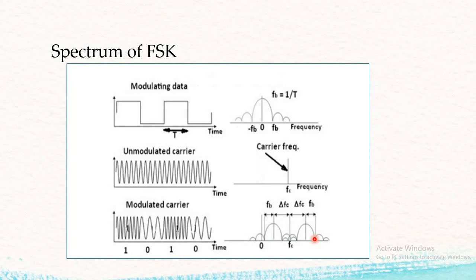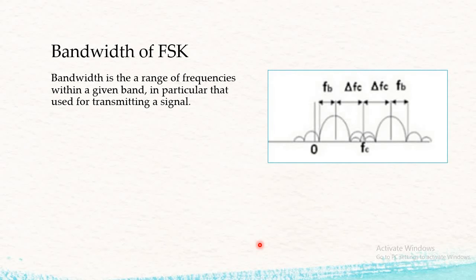And what about the total bandwidth? The total bandwidth of this particular FSK is nothing but 4 FB, that is double the ASK bandwidth. So from this, we come to know the bandwidth is going to be 4 FB. This is my first center frequency, which spans FB and FB. This particular portion has a bandwidth of twice FB, and this one has a bandwidth of twice FB, and the combined will have a bandwidth of 4 FB. So 4 FB is the bandwidth of an FSK. What it indicates is that the bandwidth of an FSK is double that of the ASK.